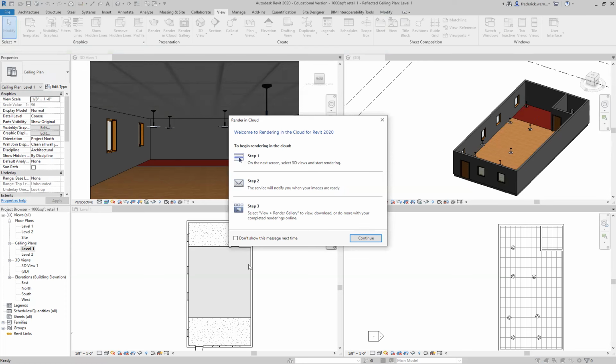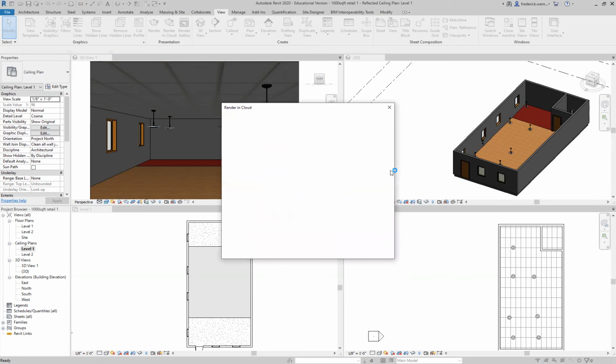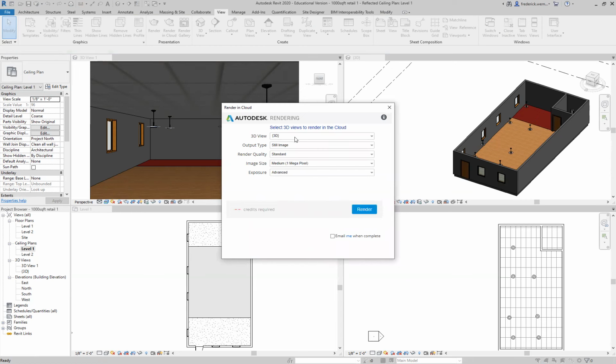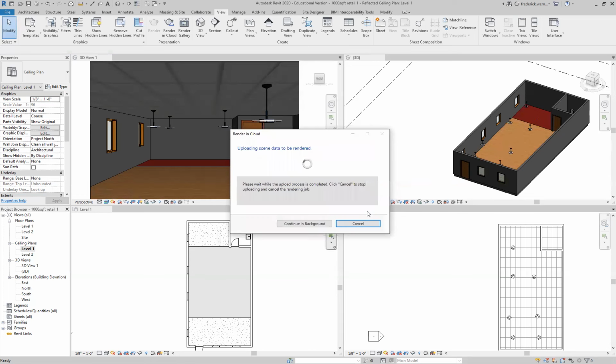It could be this 3D view, or it could be even the floor plan. But render in cloud, it's going to pop up this message. Click continue. Now, you're going to choose the option that doesn't take any credits, because if I say 3D view, still image, standard quality, medium image size, it's not going to require any credits. Otherwise, you're going to run into a limit where you're going to run out and it's going to say, sorry, you have to pay us if you want to render more images. If you just leave all these settings, still, standard quality, medium image size, all of that, you can do as many as you want. You can click email me when complete, click render, and it's going to take a couple